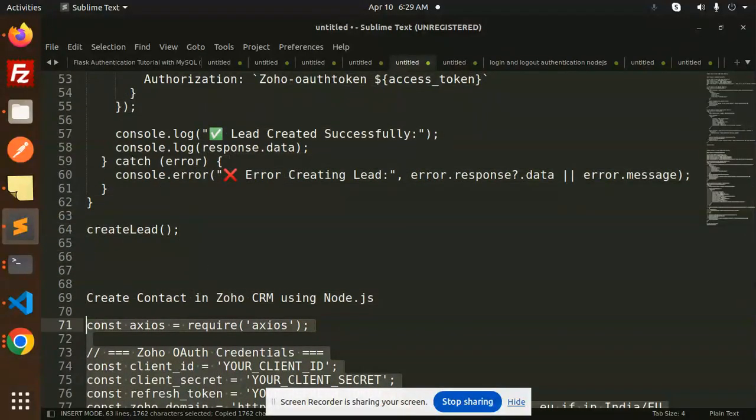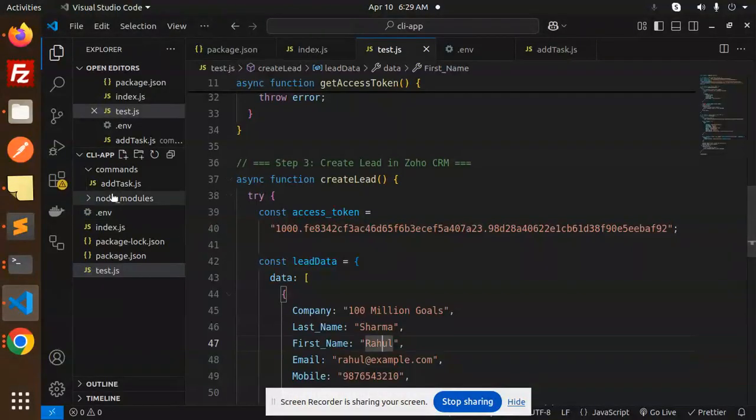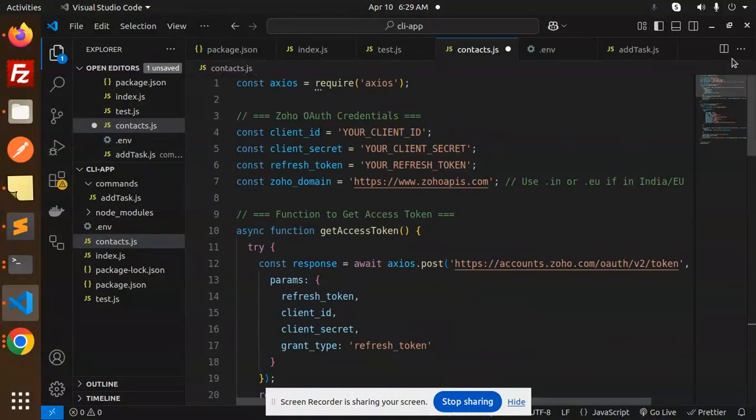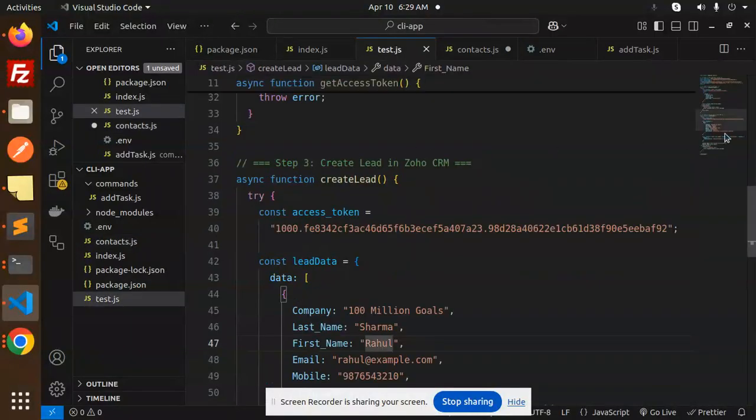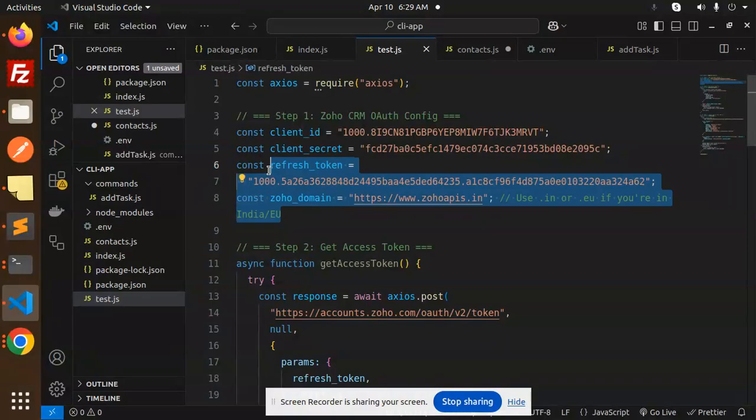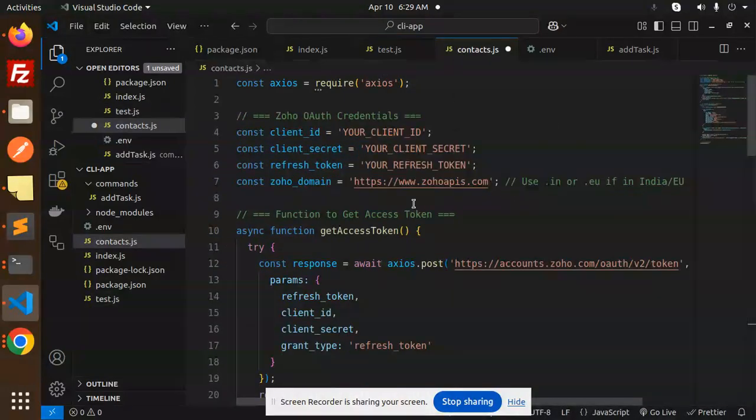Okay, so create contact in Node.js. Let's create a new file that is contacts.js, and here we have the code base. So this I need to take from the last video of this one, so I'm not going to use it, client ID and everything. So let's use